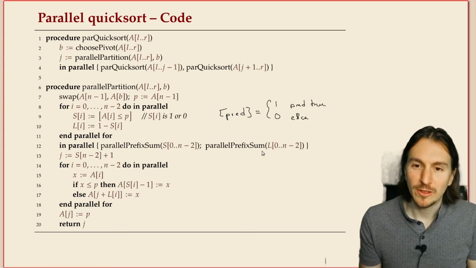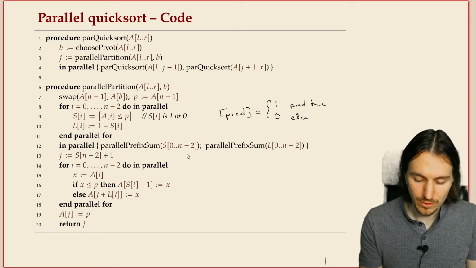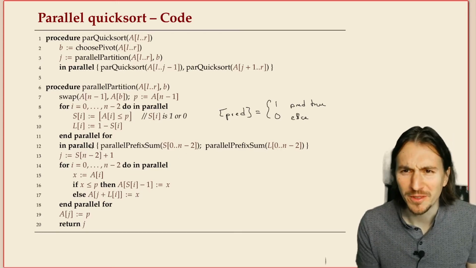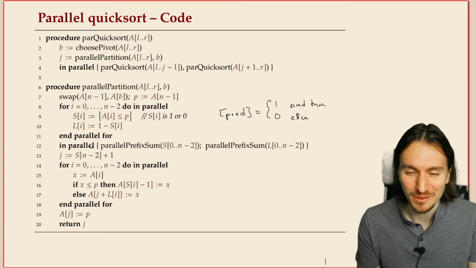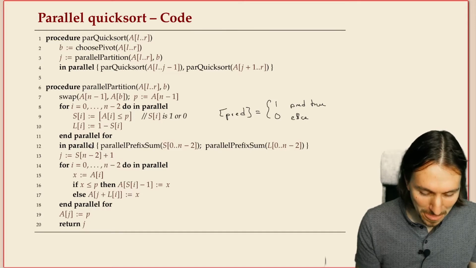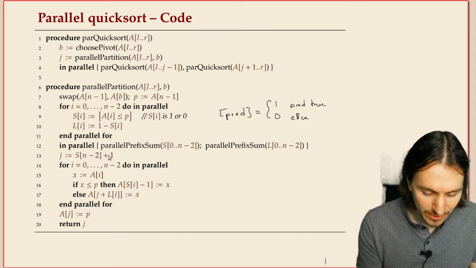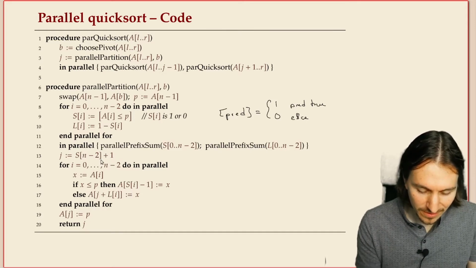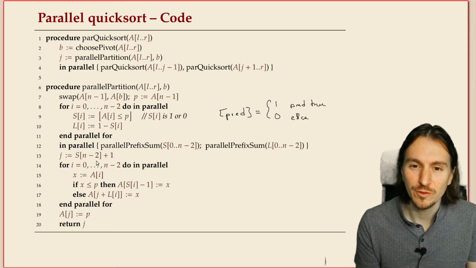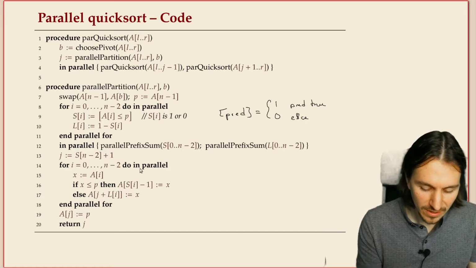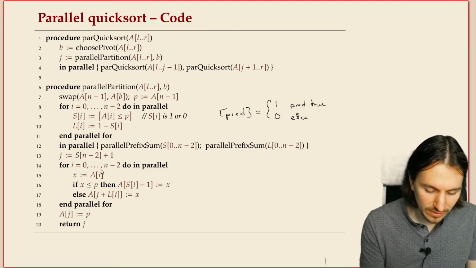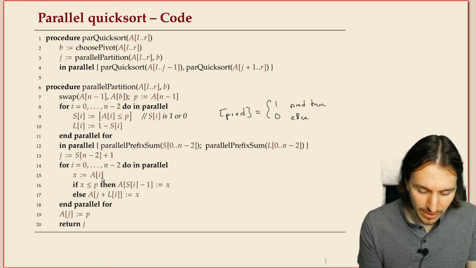Then we do the parallel prefix sums for those two parts. Calling those in parallel is fine, but only saves a constant factor. I could have left it out as well. And now we use here that this is essentially the number of small elements. That's the starting index for the big elements. And then we have another loop in parallel where we read the old value at position I